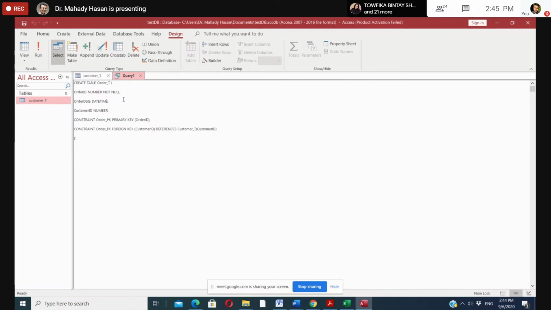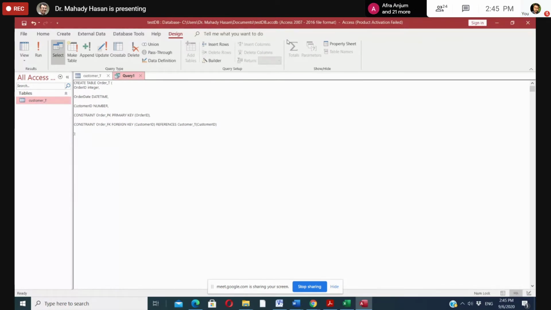Order ID, integer. স্যার কাস্টমার টেবিলের সি ছোট হাতের হবে স্যার, ওটাতে কি প্রবলেম করবে? না না না। আচ্ছা আচ্ছা.